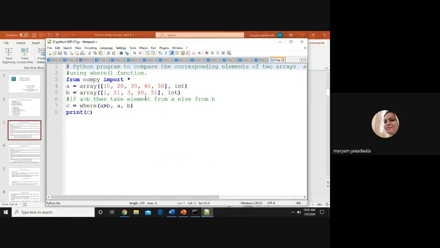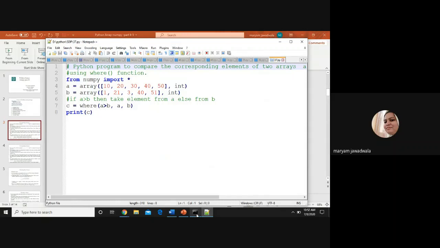Both are integer type arrays. Using these two arrays, I want to create another array C. If A is greater than B, then take the element from A, otherwise from B. So I write the condition A greater than B, using a relational operator. If the corresponding element of A is greater than B, then the value in the C array will be A, otherwise B. It means it will take the greater element from both arrays.